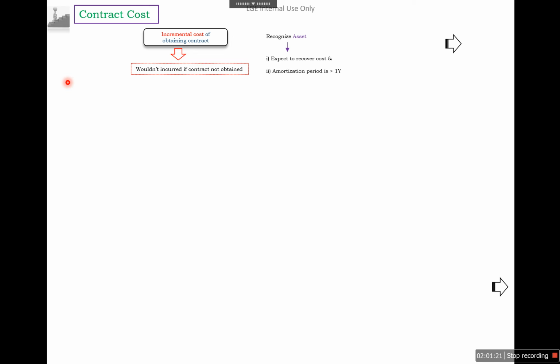Next is the contract asset. So it is an incremental cost of obtaining a contract. If it would not have been incurred if the contract was not obtained, these costs we will recognize as an asset. And only when we expect to recover these costs and the amortization period is more than 1 year, we will recognize the incremental cost as a cost of obtaining a contract. For example,